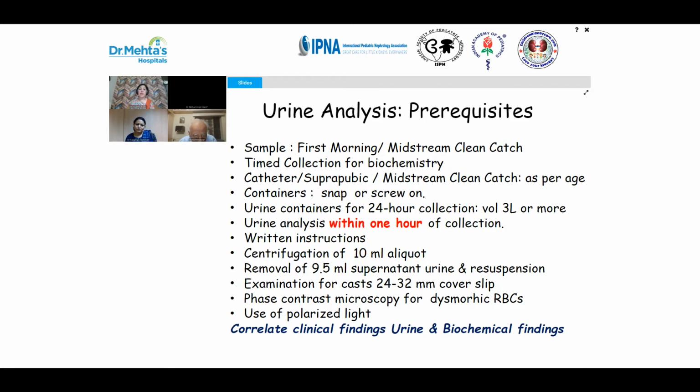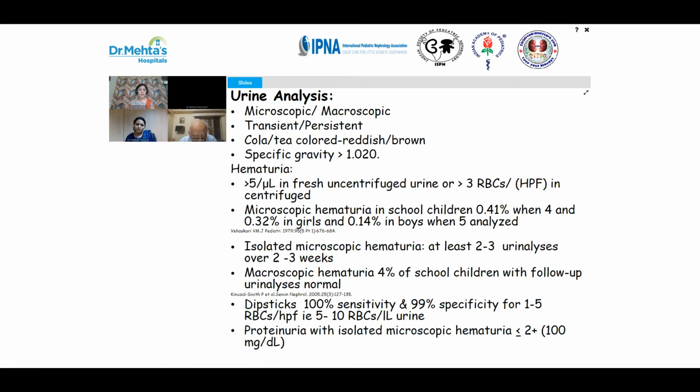So the urine analysis in so many terms will tell us whether the hematuria has been microscopic or macroscopic. Sometimes it may be transient, and if children do not have other signs and symptoms, and if the proteinuria is very mild, then we may have to re-examine them in next 2 to 3 weeks to see whether it is persistent. However, gross hematuria along with proteinuria merits urgent, complete evaluation.